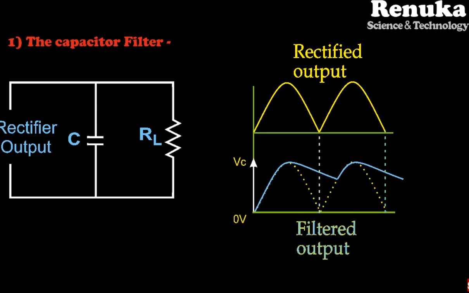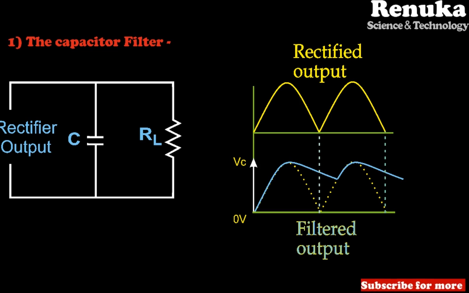First of all, let us see the capacitor filter. The pulsating DC is applied across the capacitor. So the capacitor charges to the peak value of the pulsating DC. That means when the AC voltage magnitude starts increasing from 0, in the same way this voltage is applied to the capacitor and the capacitor also starts charging exponentially. After reaching the peak value of the sinusoidal voltage, the voltage will start decreasing towards 0 value.